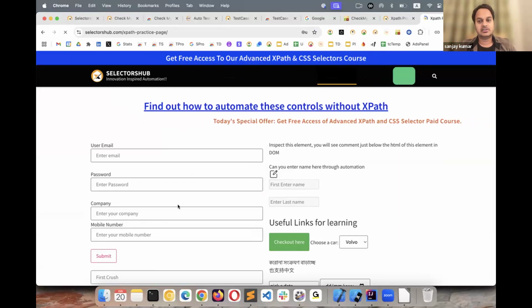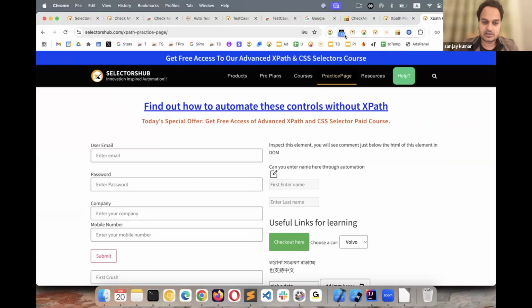If I reload again, I can see that it has taken 1.16 seconds. I can reload multiple times. So basically I got the time of this particular page. Now we have done some changes. I will just keep an eye that after this change, whatever the developer has given us in this build,